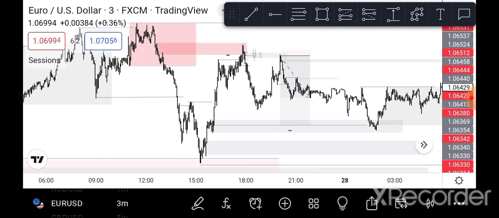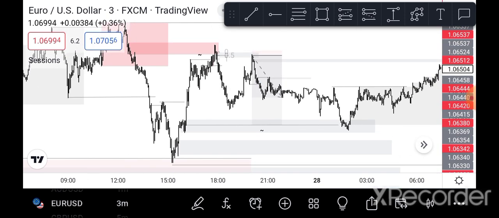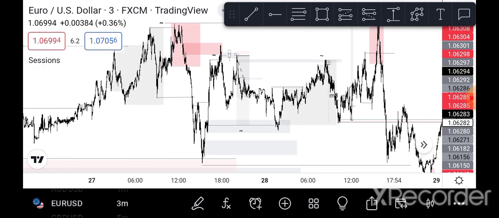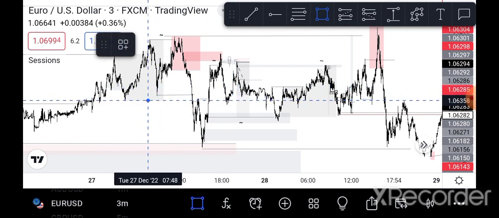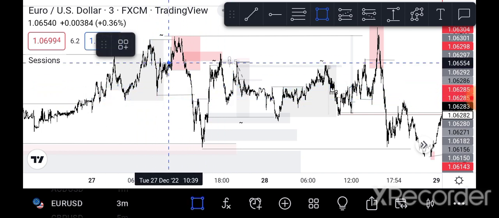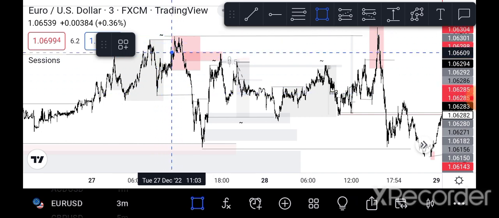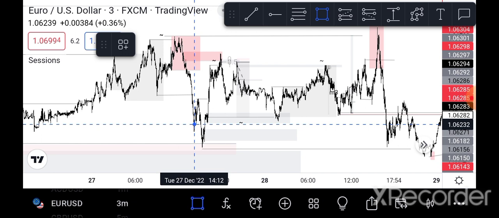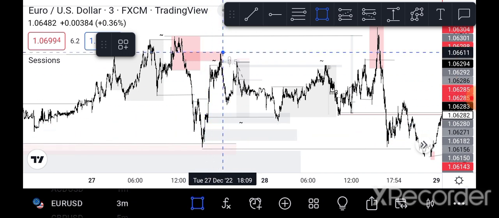Then once you take your profit there, because you know that we are bullish, you wait for bullish signs. But now you can see that we are having bearish price action here. Lower low, lower high, lower low. Lower low right here. So now this is another lower high. Are you getting me? So